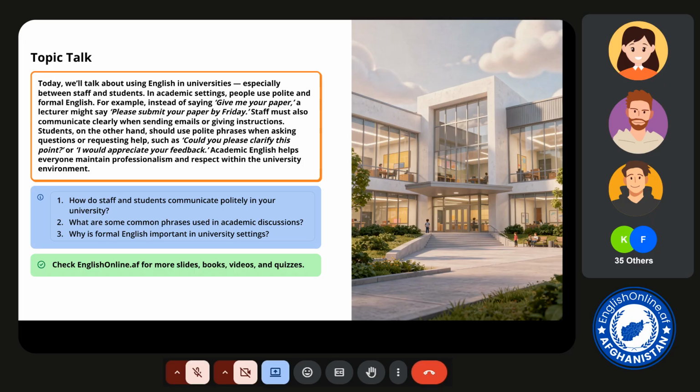They can use this kind of title, and also